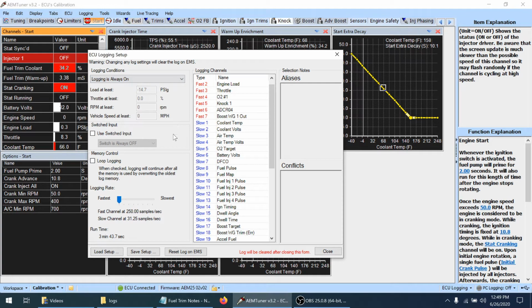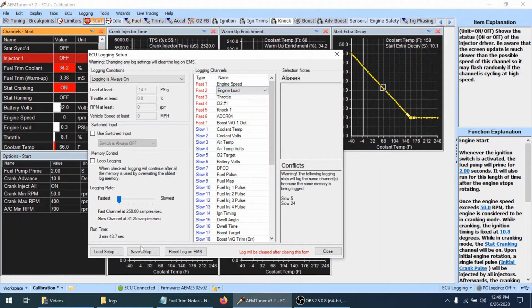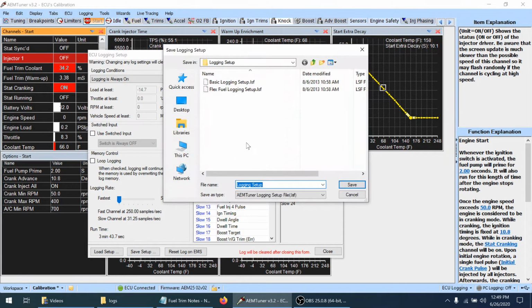And before I start the logging and do a start of the car, I want to change these values because not all of these are fuel related, and to show you what I want to show, they don't come delivered like that from the factory. So you can click these and change them, obviously, but before I do any of that, I'm just going to save what they gave me, and it wants to save it